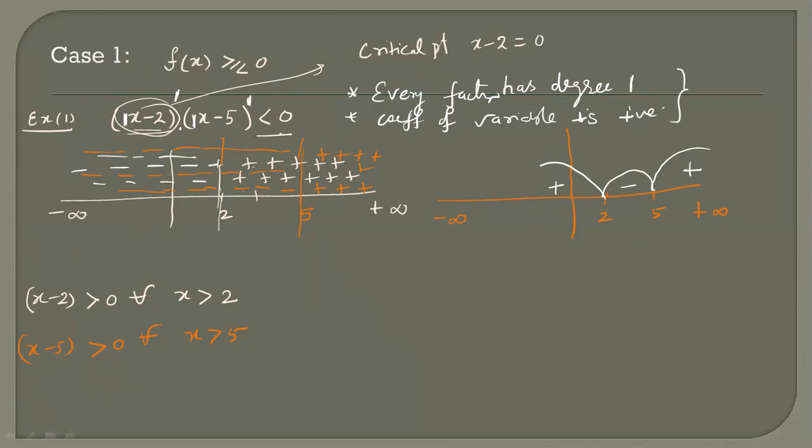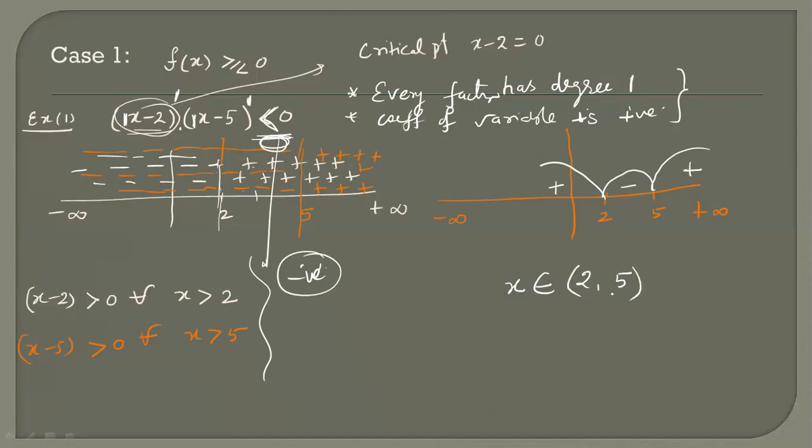Now you are interested in less than 0. Less than 0 means you are interested in negative. Where you are getting the negative sign is between 2 and 5. So x will belong between 2 and 5. Now what interval will we use, open or closed? See the equality sign. It is strictly less than, not an equal sign. So we will use an open interval, because for strictly less than or greater than, we always use an open interval. So the solution will be x belongs to (2, 5), or 2 less than x less than 5. It depends how you want to write it.